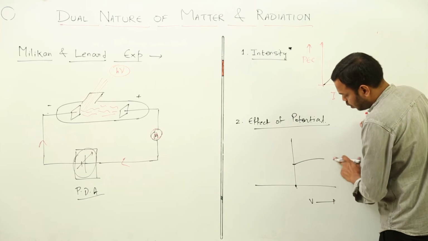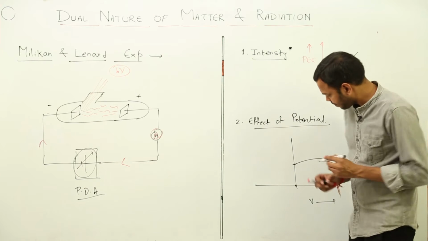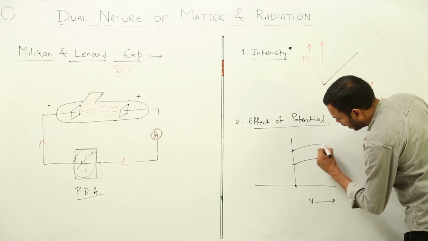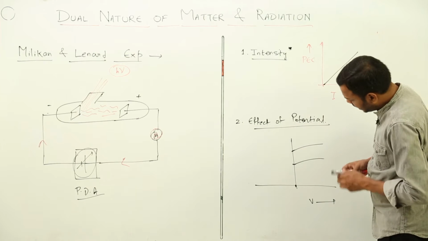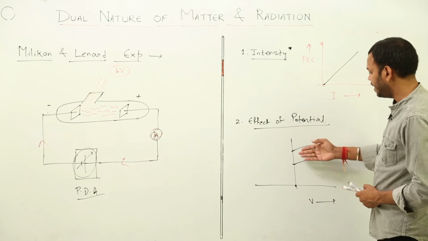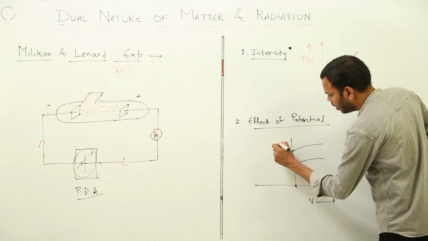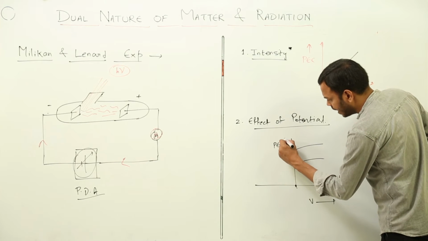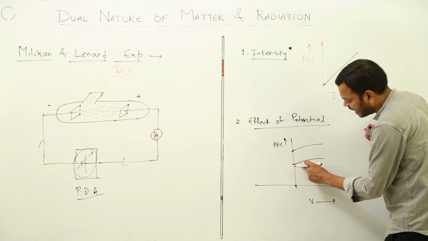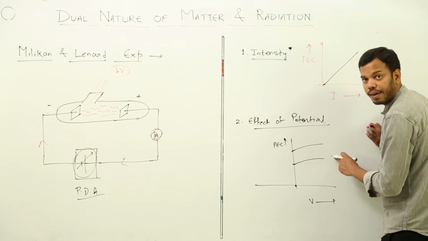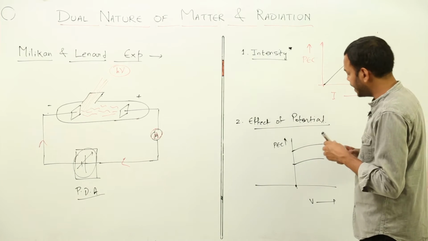Okay, so students, one thing here: if I have to draw two graphs, I'll make it like this. Now you can see that I have increased the value of current. I'm showing photoelectric current on this side. I have increased the value of current by a very small bit in both of these graphs. There is a reason. The reason is that